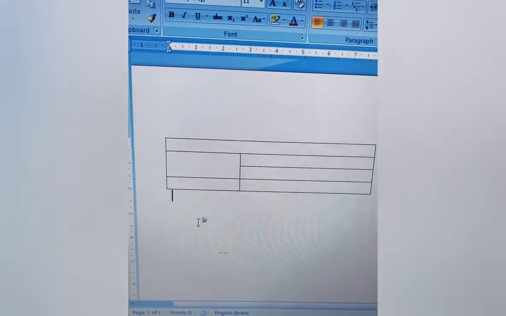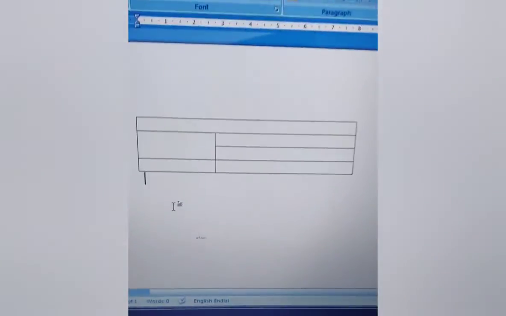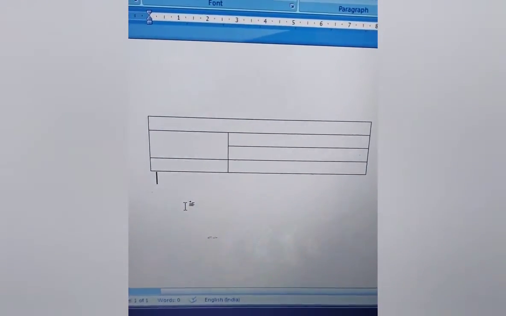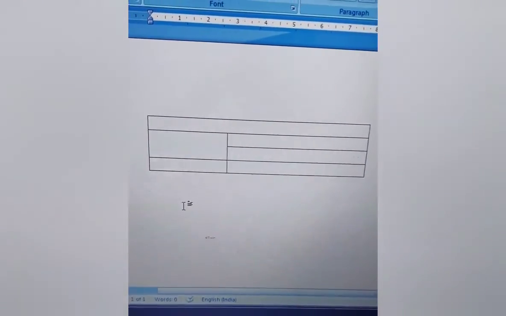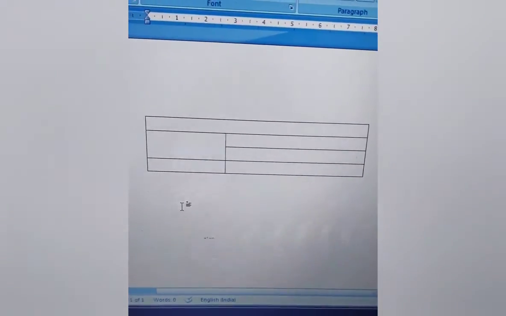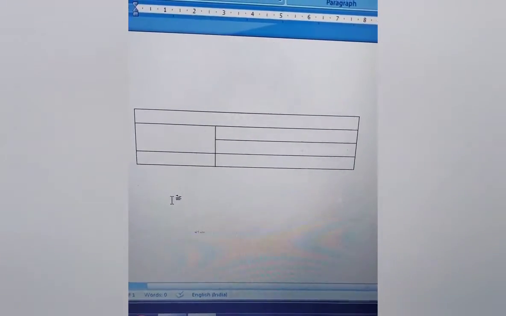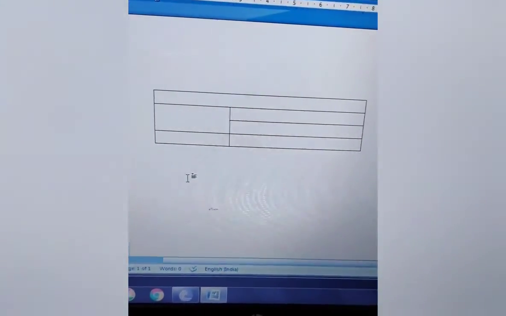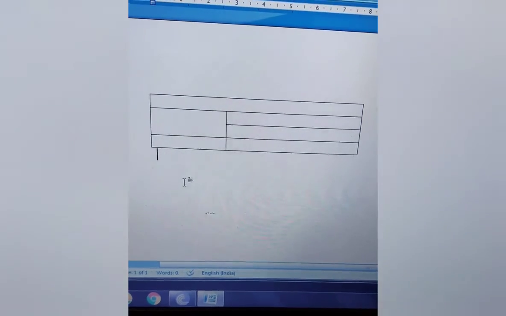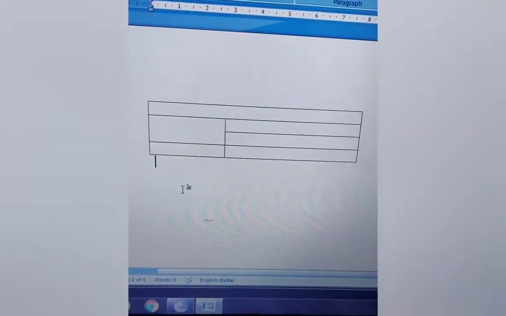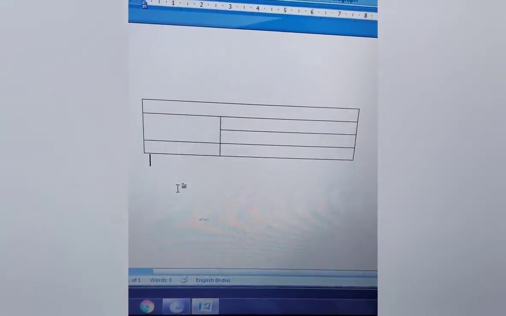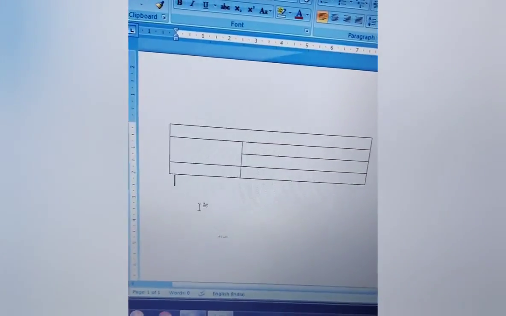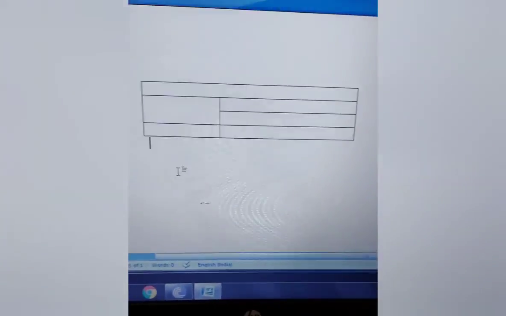Okay, now I hope you have understood, because this chapter is in your practical and theory both. I hope you have understood how to do these things. So today we have learned how to change column width and row height. Next we learned how to delete a row or a column or the complete table, and then we also learned to merge adjacent cells. Okay, I hope it is clear to you all. In the next class we will continue from the next part of this chapter.